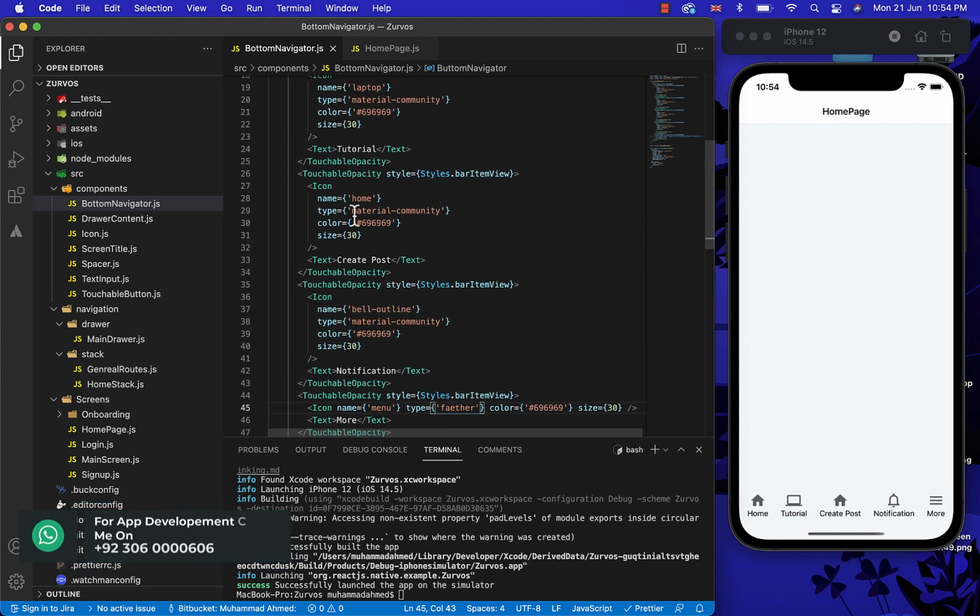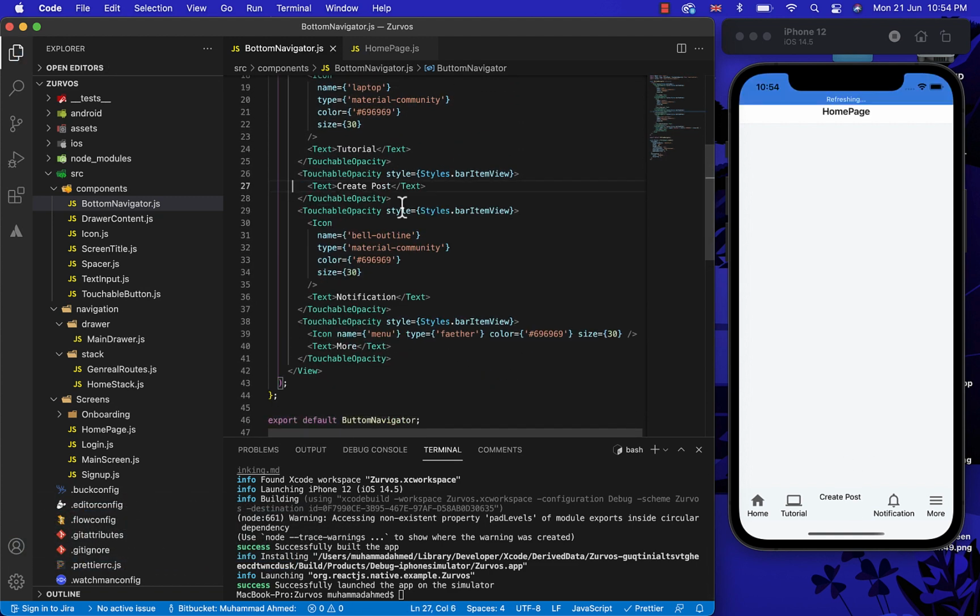So now, as you can see, we have created 4 buttons of our bottom tab navigator except the create plus button.